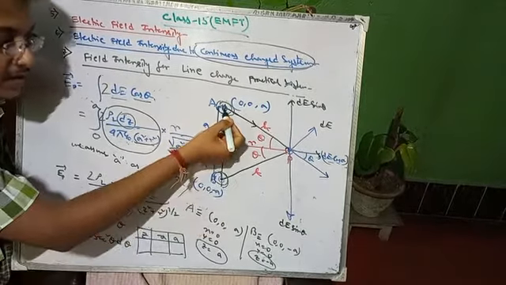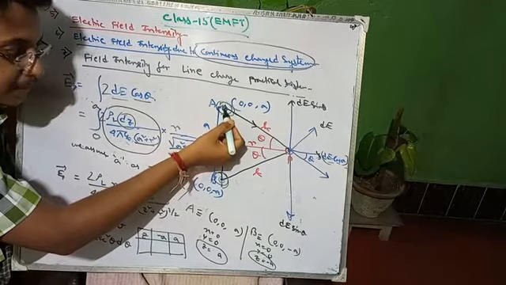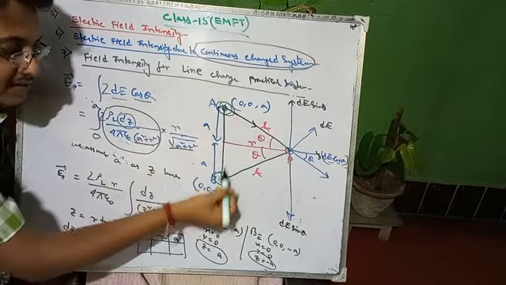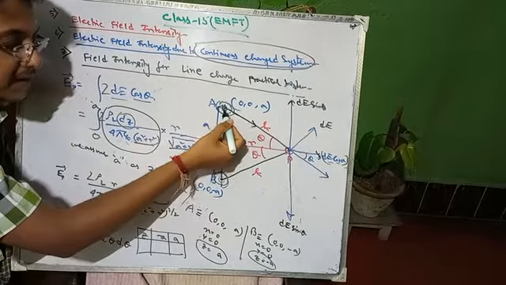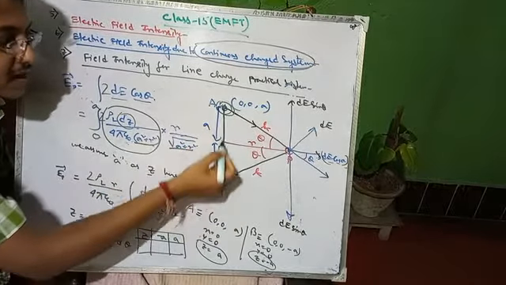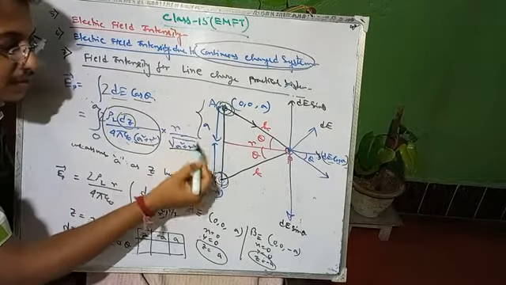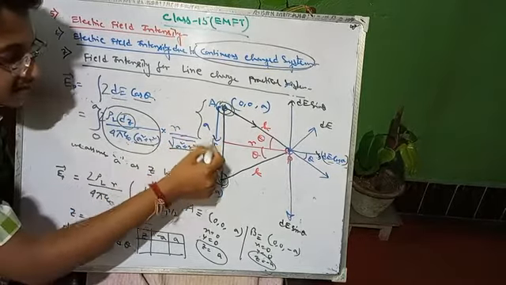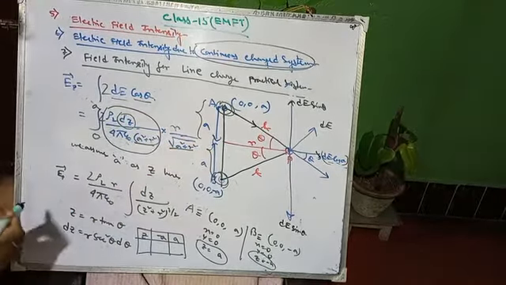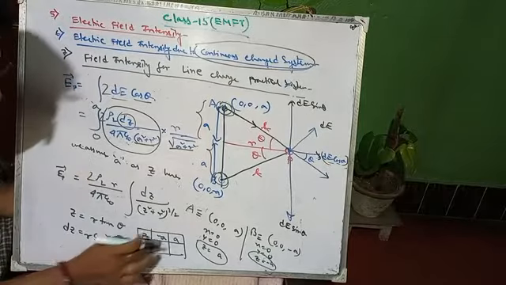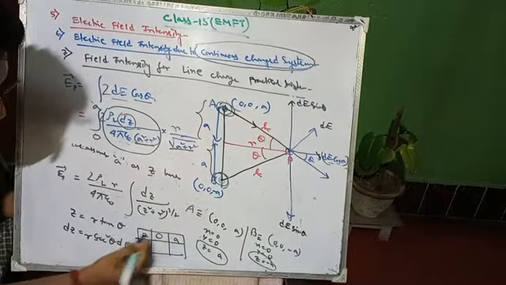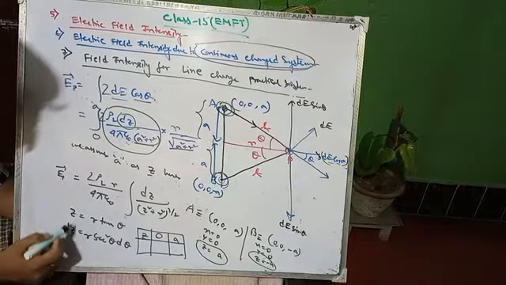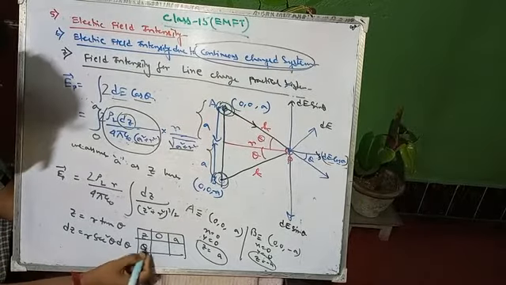That means if we assume a point over here, then the b point will be here, and if we assume another point over here, then this point will be here. So by adding up all these points, we have to take this part only, because by writing 2 here, automatically this part will be allocated over here. So 0 to a will be here, so the z value will be 0 to a. So what will be the theta for 0?